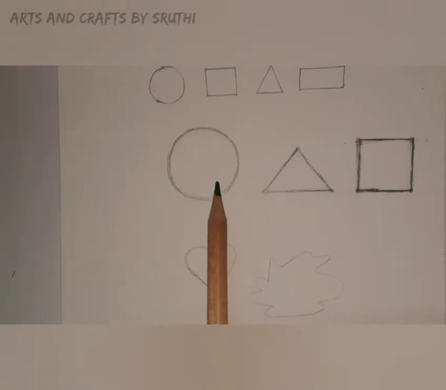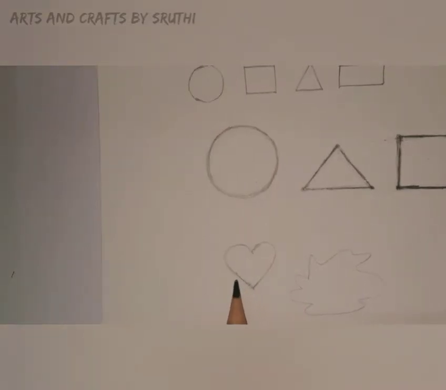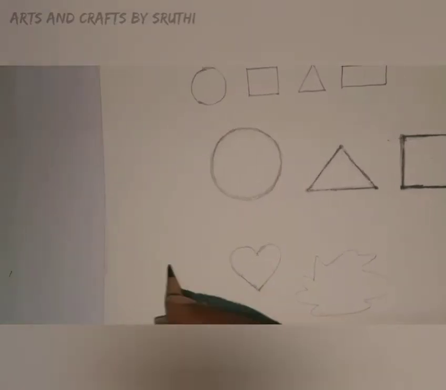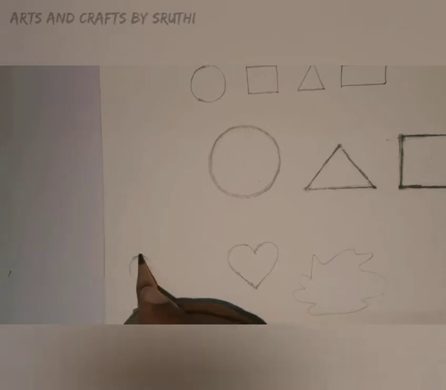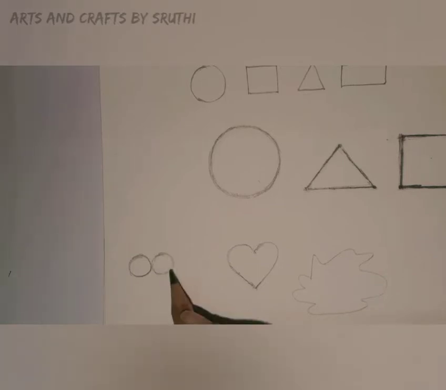Now we'll see how to split this heart into geometric shapes. I'm making the heart with 2 circles and a triangle.